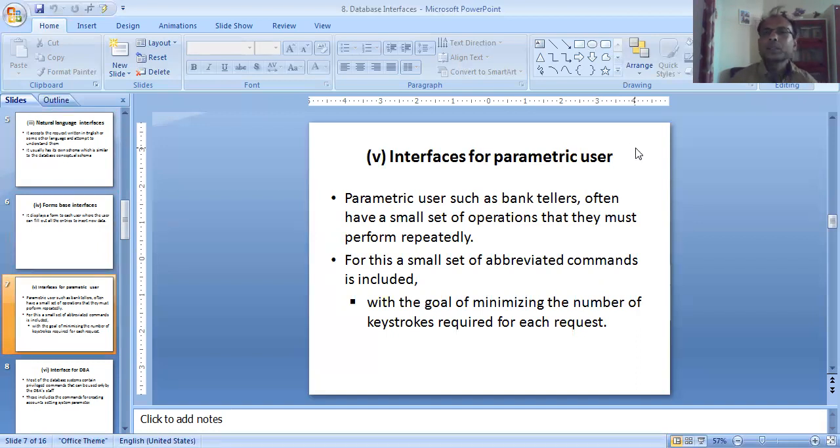So parametric users are simply another kind of online users. Parametric users, such as bank tellers, bank clerks, operators in some organization, or the concerned person at the railway reservation window or airline reservation window, who can put the different facilities of that organization before us. So this interface, the interface for parametric users,